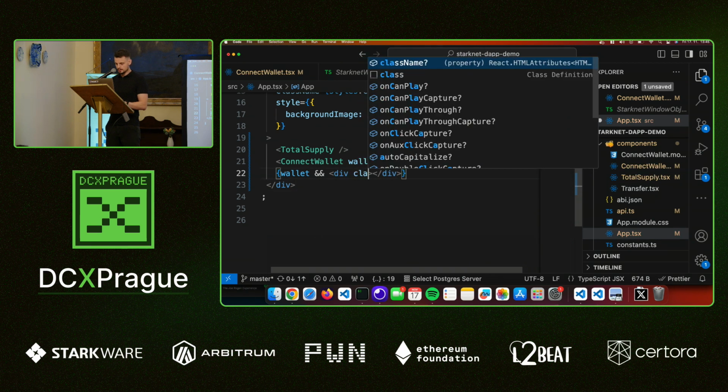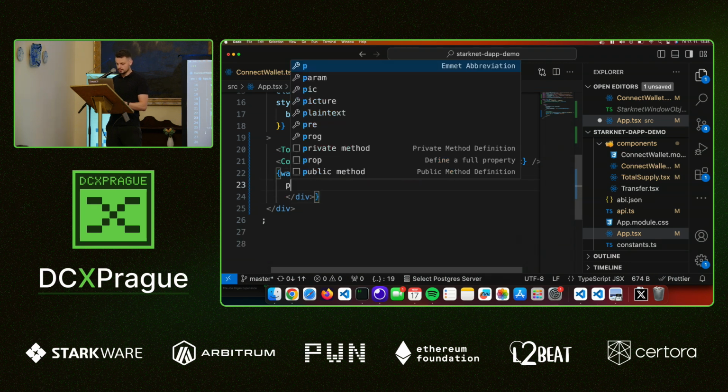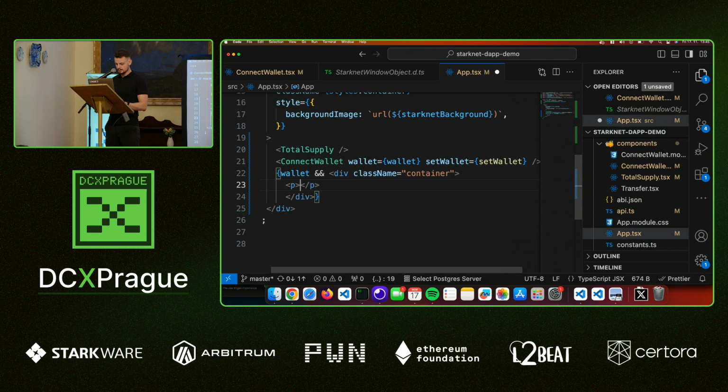I'm going to give it a class name of container. I have created some CSS rules for class container, so it looks the same as the other containers. And inside there's going to be a paragraph that says your address is, and here we're going to go to